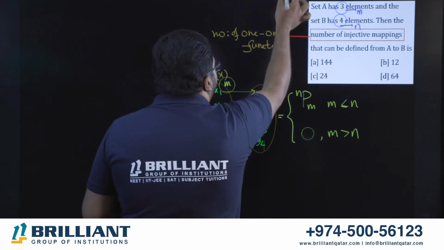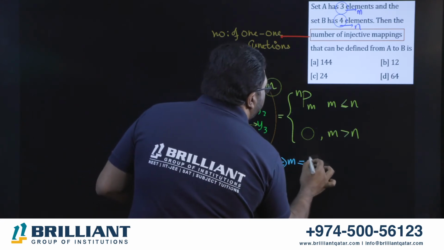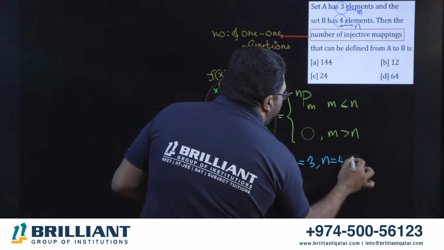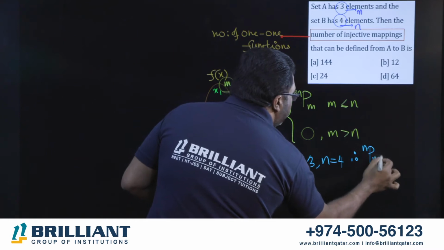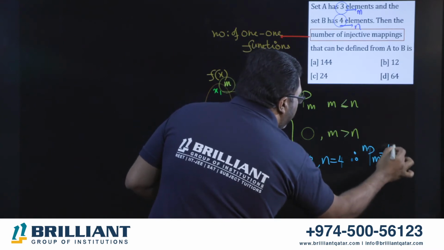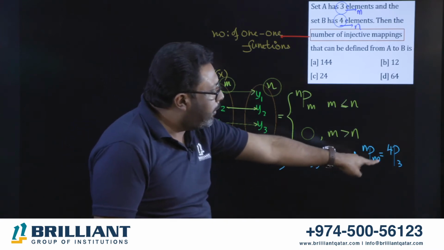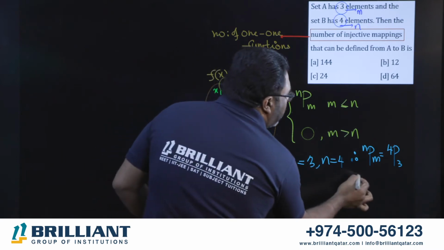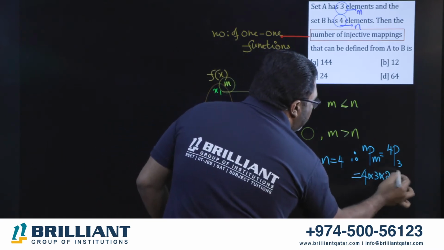So I can say my answer is going to be m is equal to 3, n is equal to 4. Therefore, the answer is nPm, which is 4P3. Shortcut method, you have number 3 in the below P, so you have to write 3 numbers from 4. Very easy shortcut. 4 into 3 into 2. Answer is